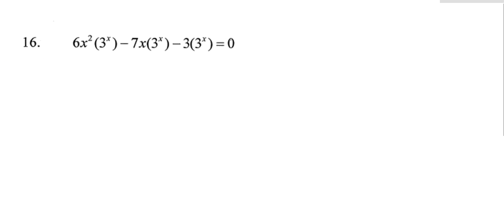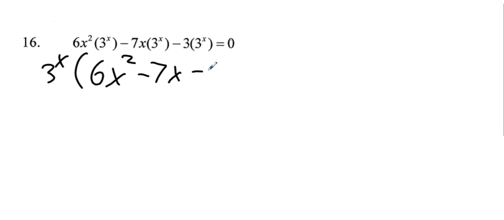So here's a noticeably complicated equation. But they all have a 3 to the x in it. 3 to the x, 3 to the x, 3 to the x. That means you can factor it out. Now it's less scary